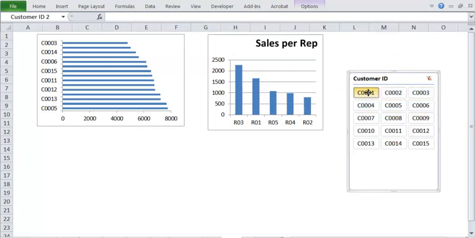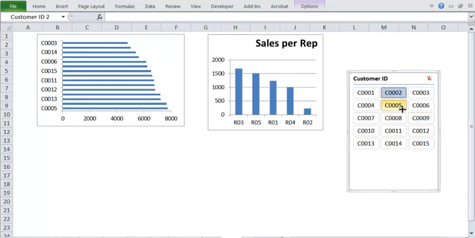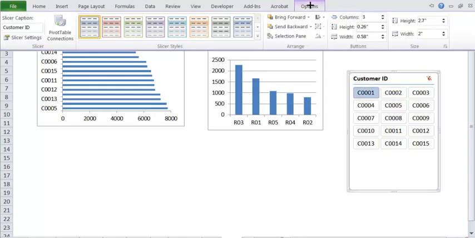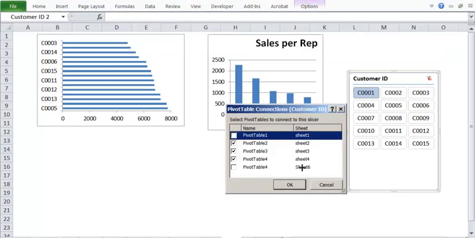Now if I select C1, C04, what you are seeing is that there is a change only in sales rep. See here, this is only changing and there is no change over here, right? But the earlier dashboard which I had created, all the values were changing. So what is lacking, that is not changing this value? So what you do is you go to slicer tools and go to option, and you will find that there is an icon which is called the pivot table connections. Pivot table connection will give you an idea about to which pivot tables this slicer is connected.